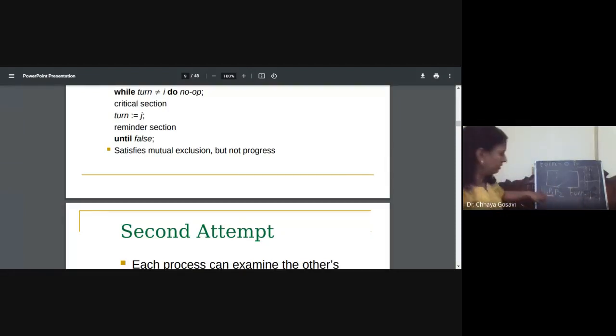P1 is doing some other task, but P2 wants to enter. But P2 cannot enter because now the turn is of P1. So that's why there is no progress. Are you getting why the progress condition is not met? Now the turn is for P1, but P2 wants to enter and P1 is doing some task,